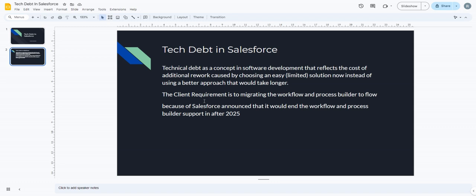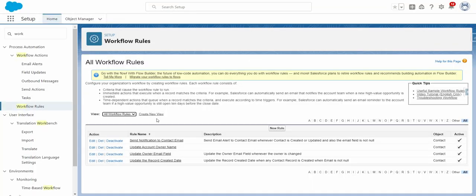The client requirement is migrating the workflow and process builder to Flow, because Salesforce announced that it would end the workflow and process builder support after 2025. So to achieve this requirement, first we need to review the active workflows on the contact object and create a sheet for active workflows. There are 4 workflows for the contact object in the org,